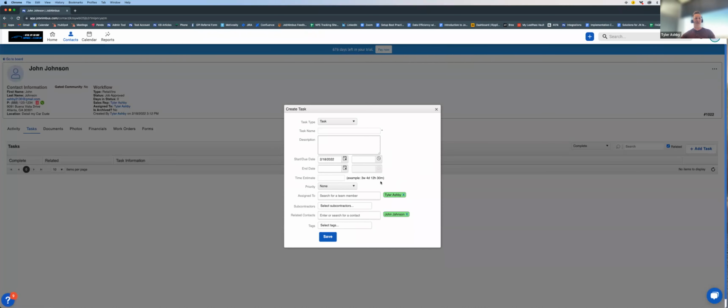As we can see, it is going to relate the task to the contact that we were working with. And we can also select the task type. Again, we can change these, so don't worry if none of these relate to what you would do on a regular basis. This one, I'm just going to put a regular task. And let's do this one as order materials. And we'll just say,